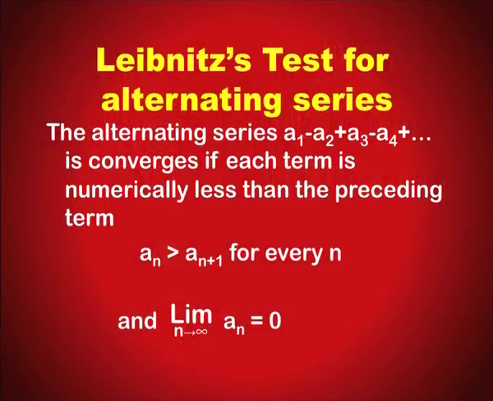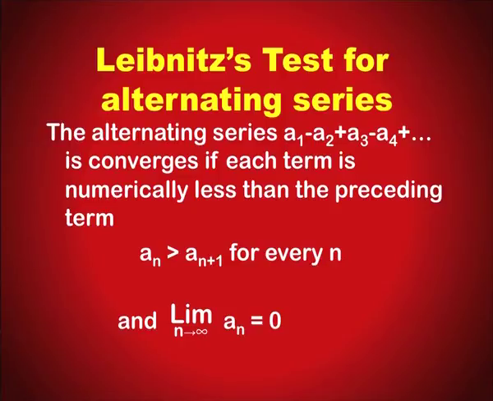Next test is for alternating series. This is Leibniz's test for alternating series, a series in which the terms have positive and negative signs. The alternating series is a1 minus a2 plus a3 and so on. It converges if each term is numerically less than the preceding term, a_n greater than a_(n+1) for every n, and